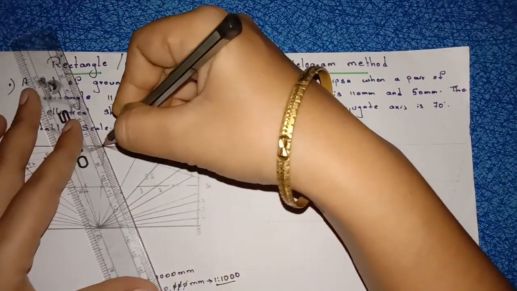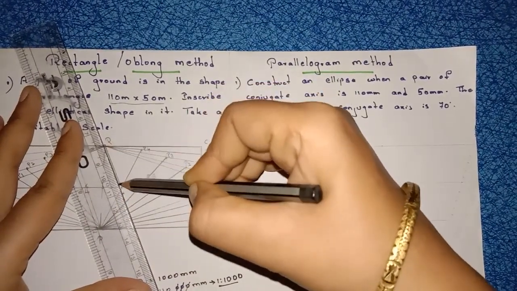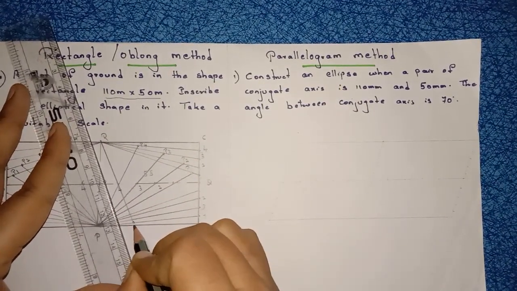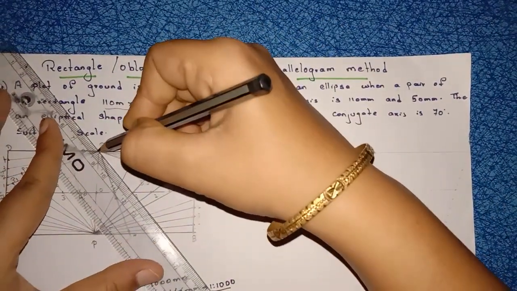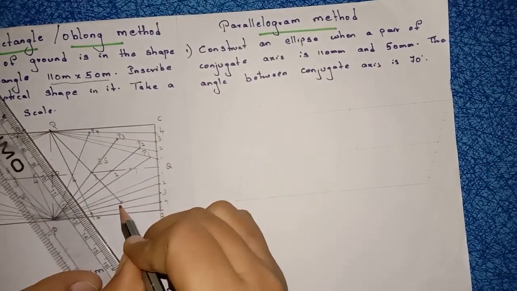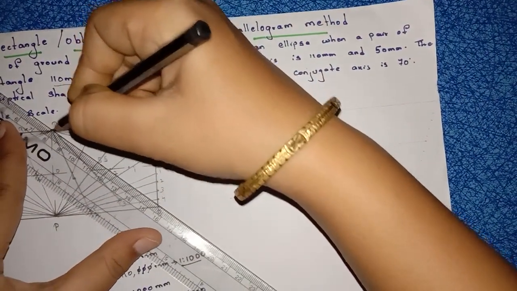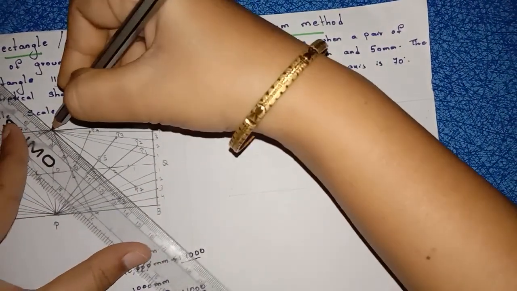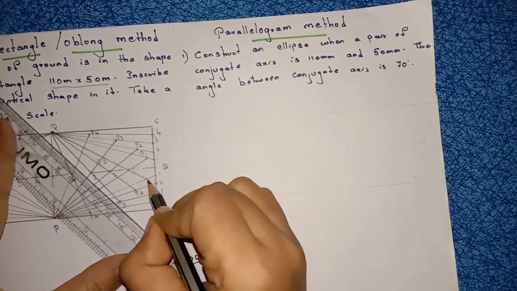From R, see, this is the fourth point. From R through the fourth point till the fourth line, name it as P4. From R through the third point till this point 3, name it as P3. Right, from R through the second point to the second line, name it as P2. From R through the first point to the first line, name it as P1.